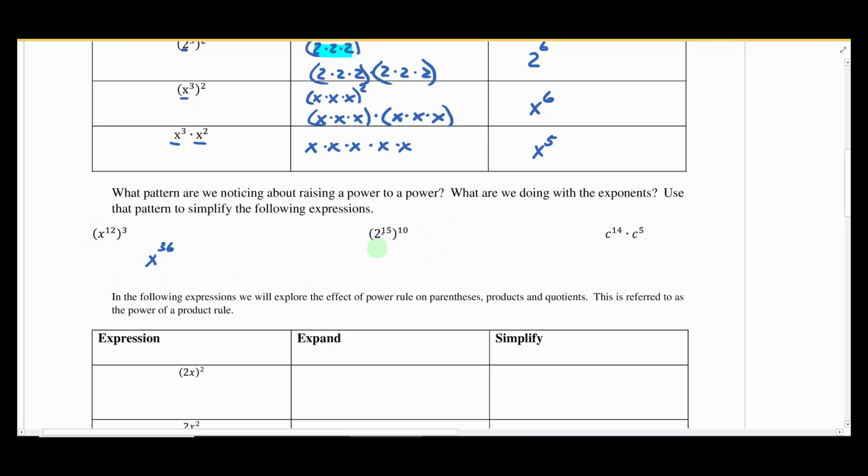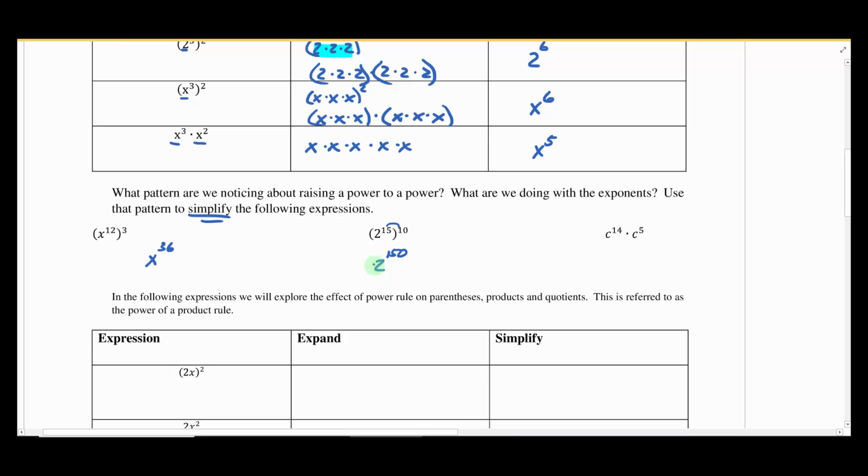Okay, so let's try this one here. This is 2 to the 15th raised to the 10th power. So I have 2 to the 15th raised to another power of 10. I can multiply these exponents, and 15 times 10 is 150. So this would be 2 to the 150th power. Do not try and put that into your calculator. All we're doing is simplifying here. Make sure you pay attention to the wording of the directions. We're not evaluating. If you put this into your calculator it will probably blow up because this number